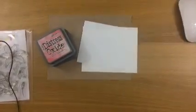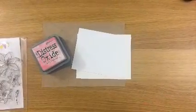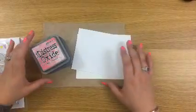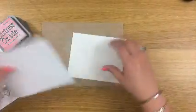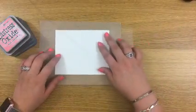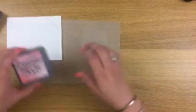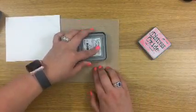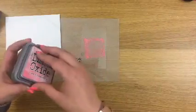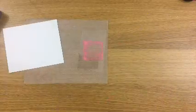So let's move you over to my iMac. There we go. So this is my desk, which you have all seen before. So I'm going to move this out the way as well. Now I'm going to start with some watercolor paper, which is this one here. This is just some watercolor cold press from Canson, and I'm going to do what we call the splodging technique. So it's just where you add some ink to a piece of acetate. This is just the back of one of my stamp sheets,